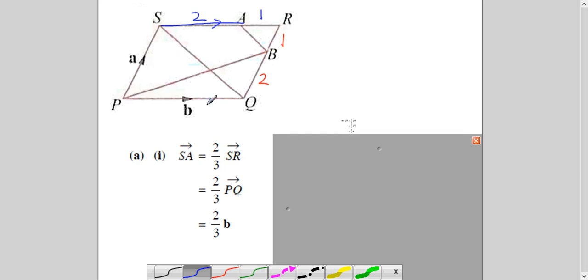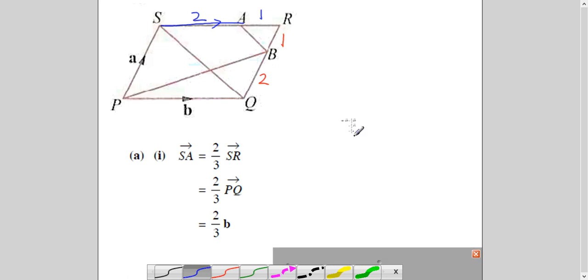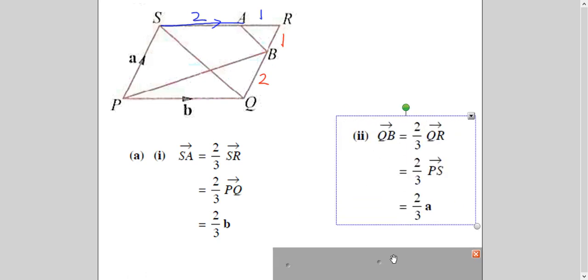And SR side is equal to PQ. So it is B, because you have to give your answer in terms of vector A, B or both together. So now let's do the next part. The next part of the question was saying